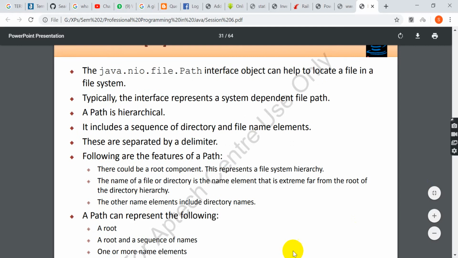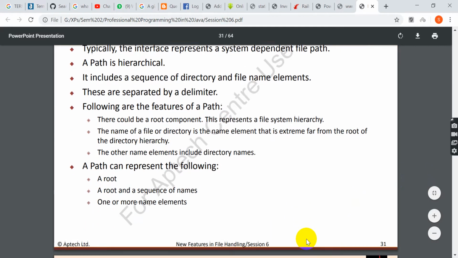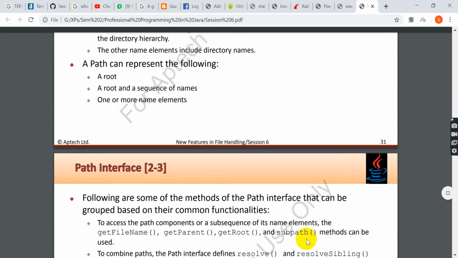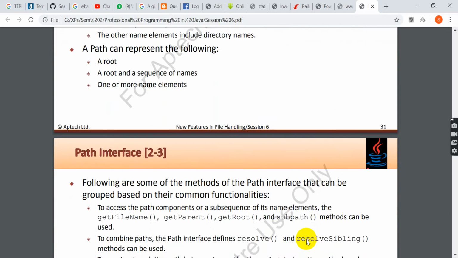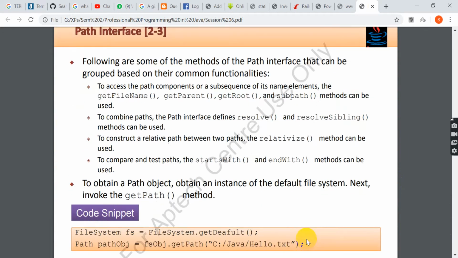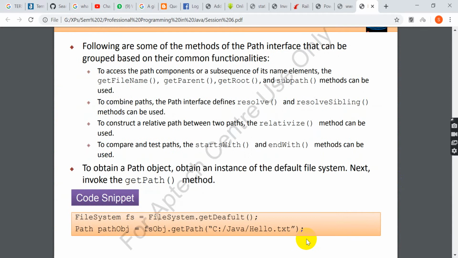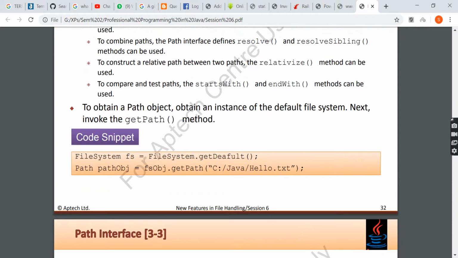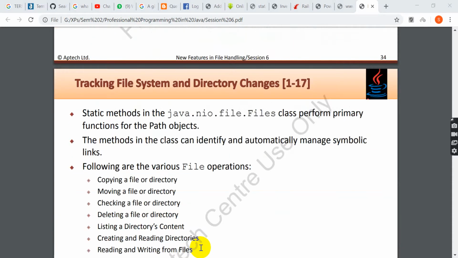So a path can represent the following: a root, a sequence, and then one or more names. Path interface. Okay, system. I have to use the system to convert it to system. We can get